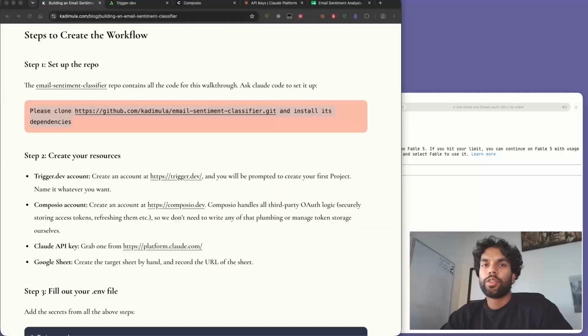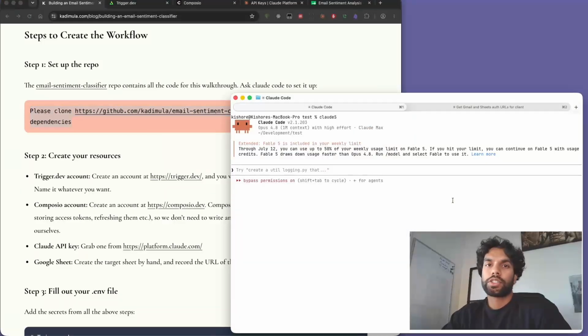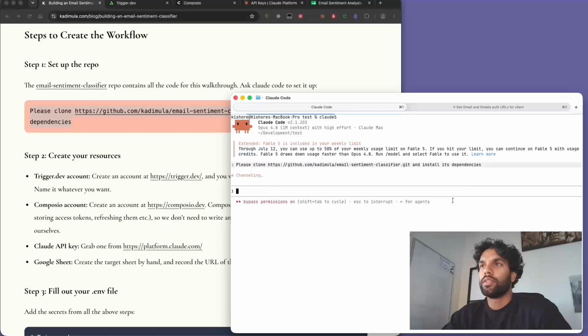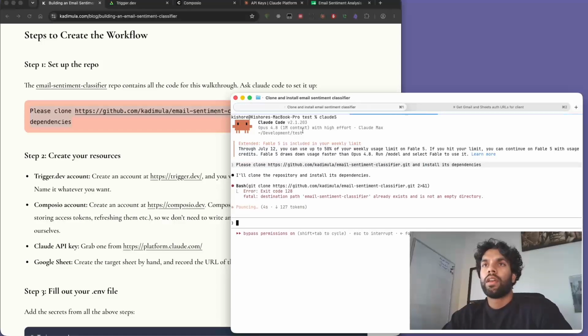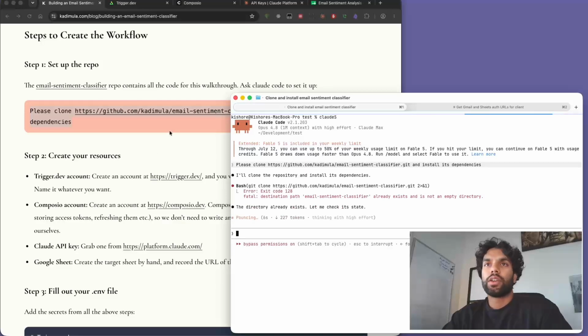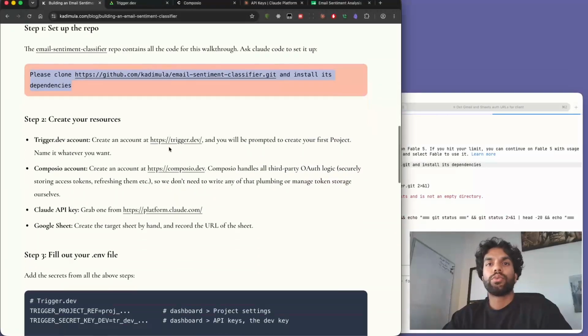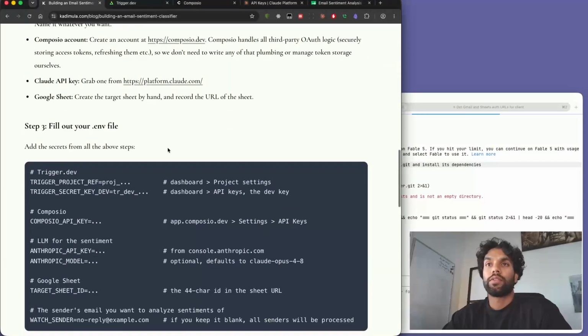I got my terminal and my Claude Code running up here. The first thing that we need to do is actually grab the repository, which is linked in the blog post. And this will actually contain all the necessary code that already sets up the entire trigger.dev system. And while that's cloning, we can start creating our resources, which will be necessary once we have to start grabbing